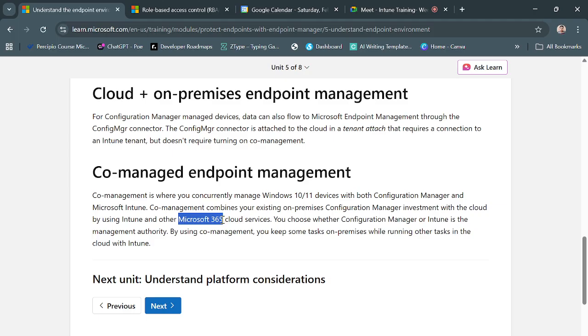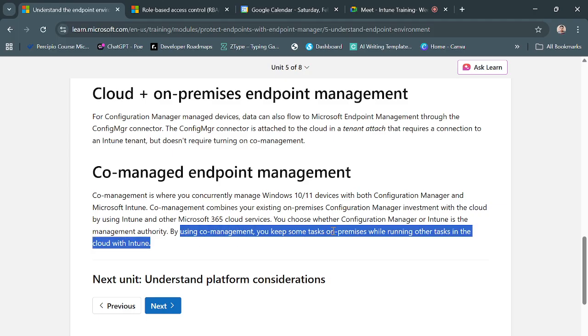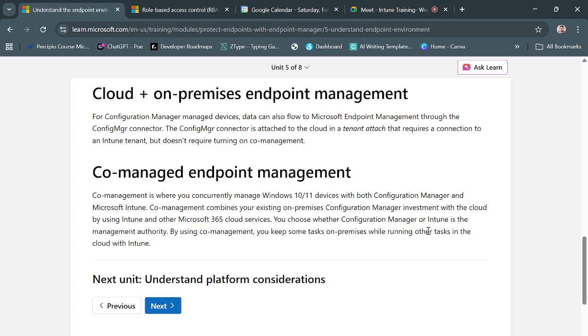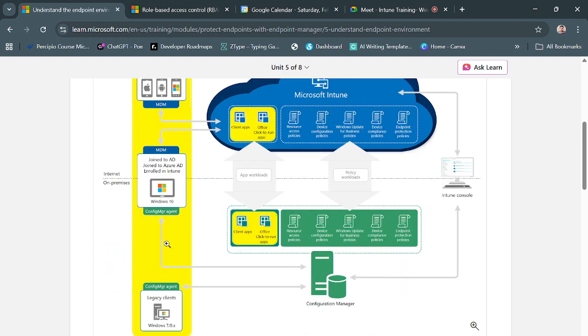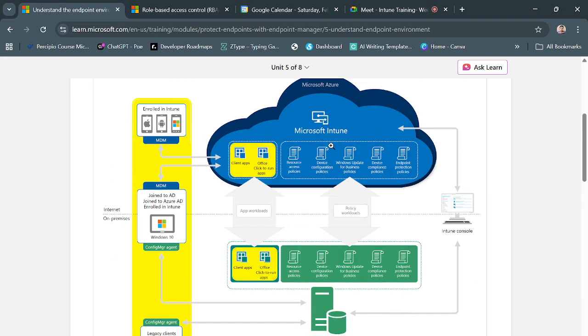So under M365, other cloud services are there like Intra ID, your M365 admin center, and Intune. You choose whether Configuration Manager or Intune is the management authority. By using co-management, you keep some tasks on premise while running other tasks in the cloud with Intune. So with this image, we can understand